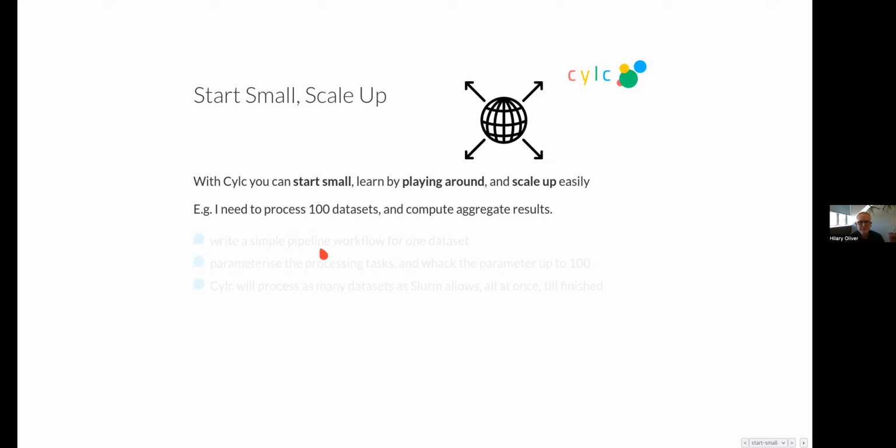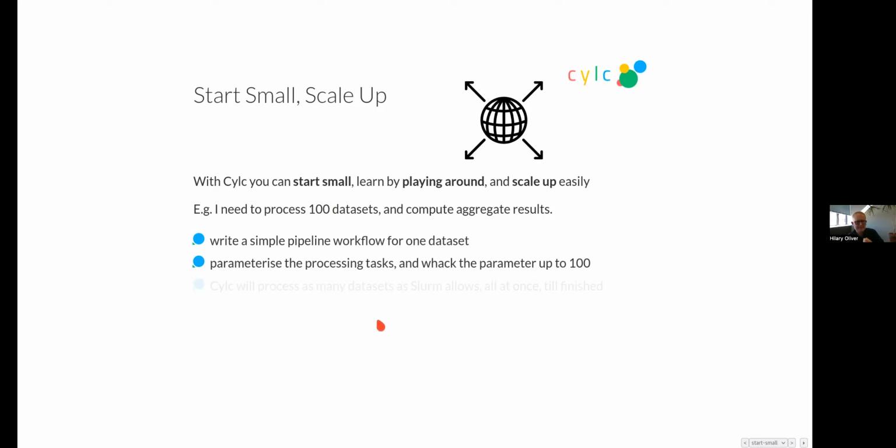So as an example, let's say I have 100 data sets and I need to process them and compute aggregate results. Well, what I would do is I'd write a simple pipeline workflow for one data set, parameterize the processing tasks. I'll show you how to do that, and then just whack the parameter up to 100, and bosh, you've got your workflow to process the whole lot automatically.